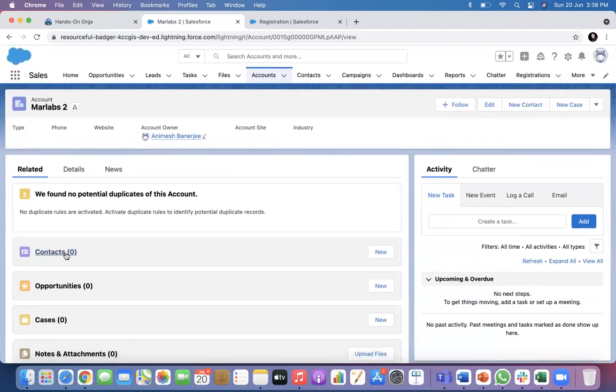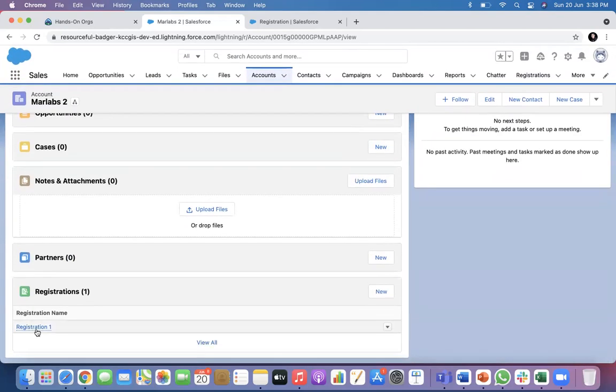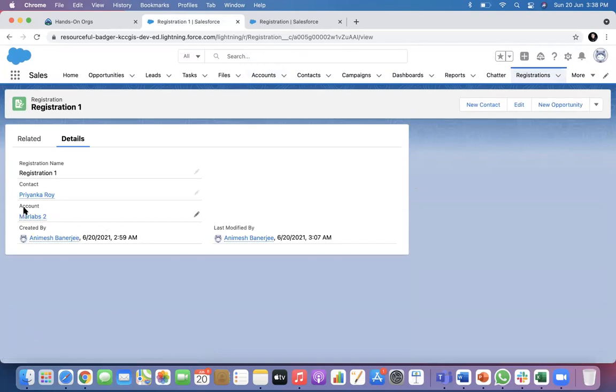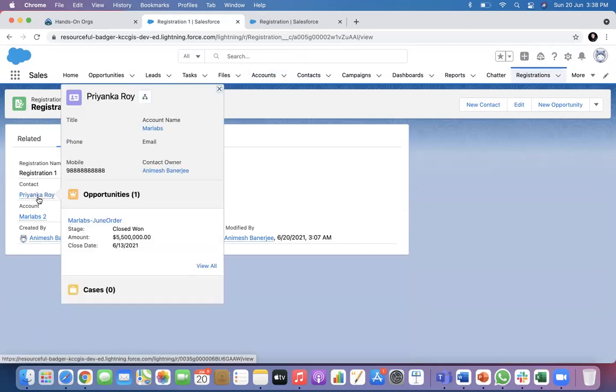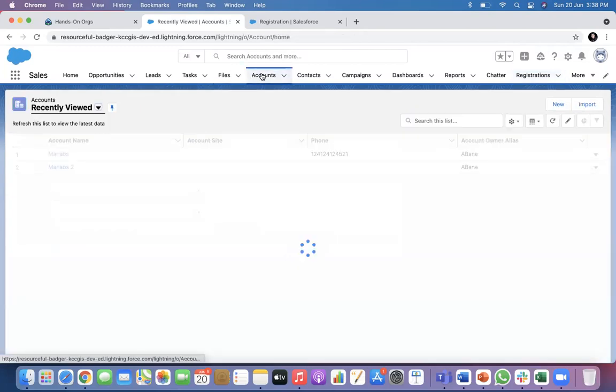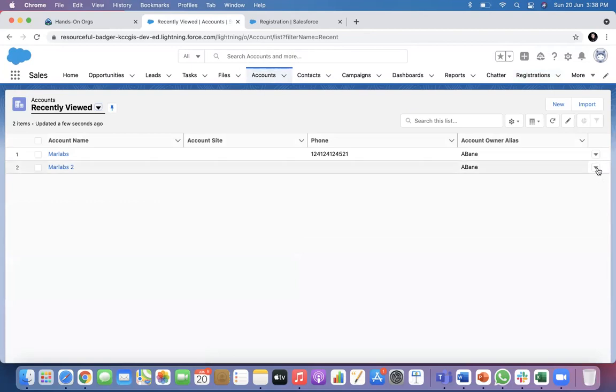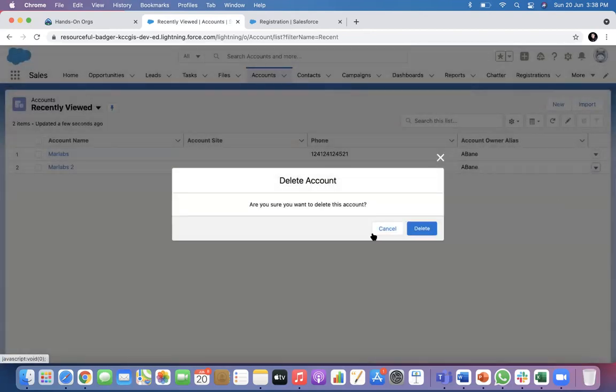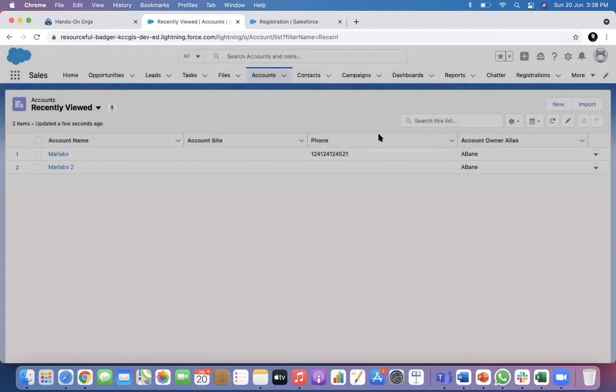Who are the contacts? There are no contacts. So good part. So registration 1 has been created. Marlabs 2 is the account. Priyanka Roy is the contact. Priyanka Roy's account is basically Marlabs, not Marlabs 2. So I will go and delete Marlabs 2. Before that, let me check once again.